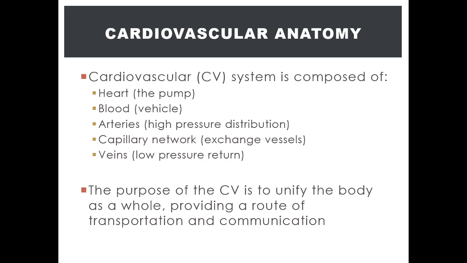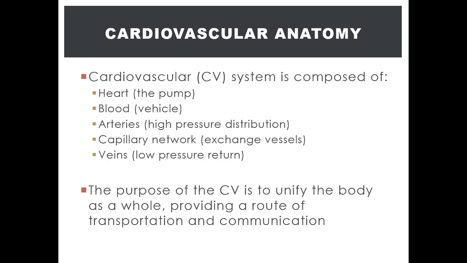This is described here as high pressure distribution, meaning these are the blood vessels that distribute blood and all the things in it from the heart to the rest of the body. Now, of course, we will discuss this further later, but arteries are high pressure because they have the ability, just like the heart, to contract and relax. In vascular physiology, we call this vasoconstriction and vasodilation, respectively. This means, just like the heart, arteries have muscle tissue, but this type of muscle is smooth muscle.